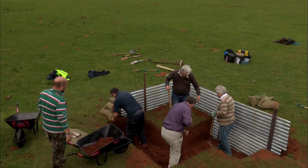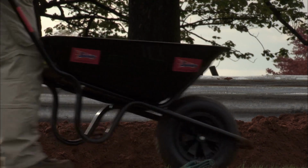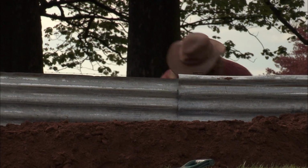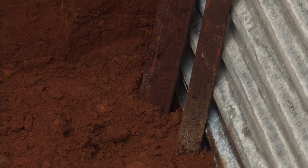Back on the site, Andy's squad of trench diggers are attempting to build a machine gun emplacement from where the gun can be fired. This is exactly what John Gorrie's granddad would have been doing before he went off to the front. John, it was your granddad who was here, wasn't he? It was, yeah. So he was doing this kind of job? Yes, well, we assume he was, but unfortunately he never told, so...